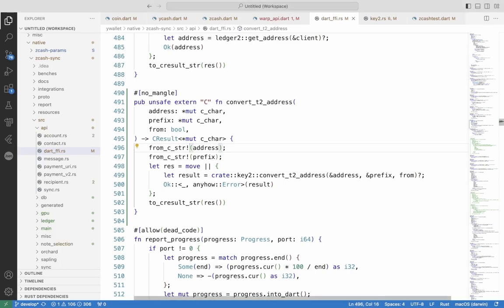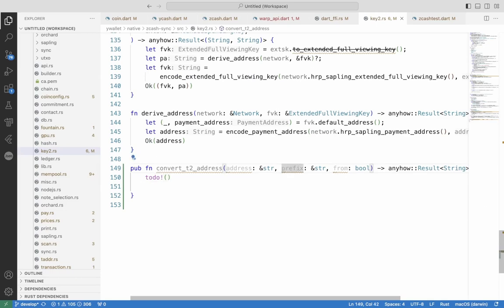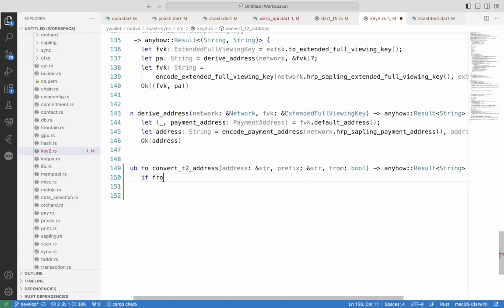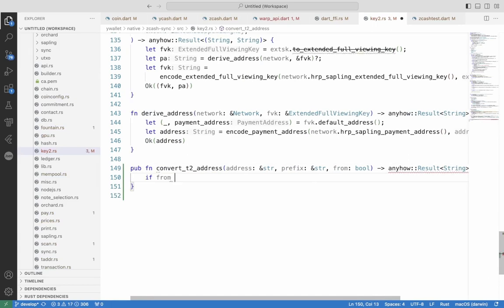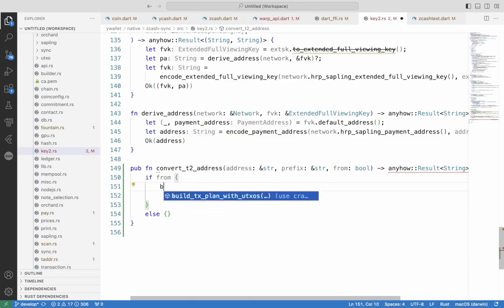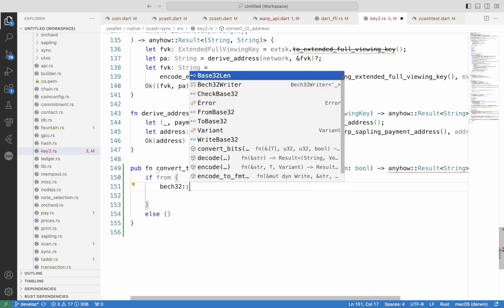So what we want to do is this guy here. If it's from, and there's else. Okay, it's from. It means we are converting from T2 to T. Right, so T2 to T. T2 is a bech32, right? So we have to do bech32 decode,